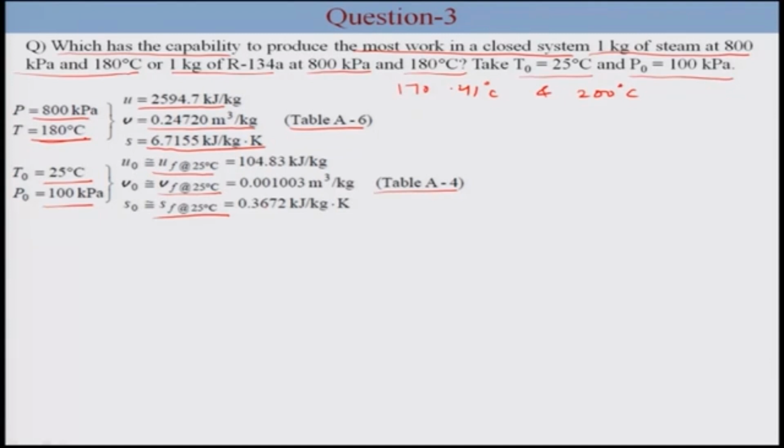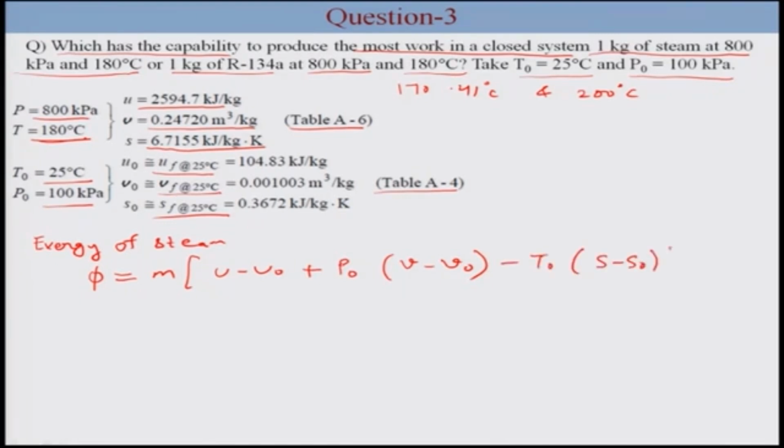Now the exergy of this steam is a measure of the work potential. So if we calculate exergy of steam, this is equal to m(u minus u0) plus P0, which is the pressure of the surroundings, times (V minus V0), minus T0 times (S minus S0). Now putting all the values, mass is 1 kg,